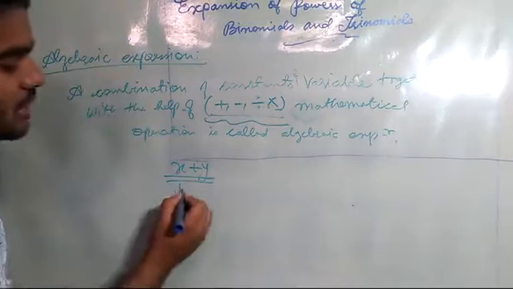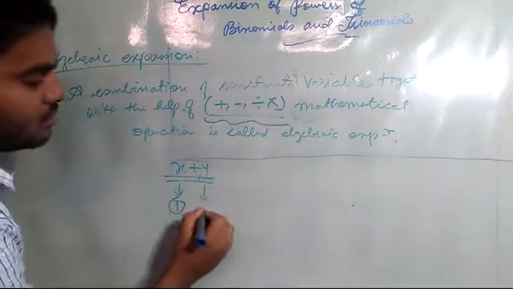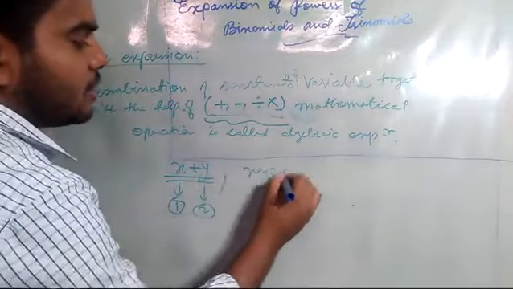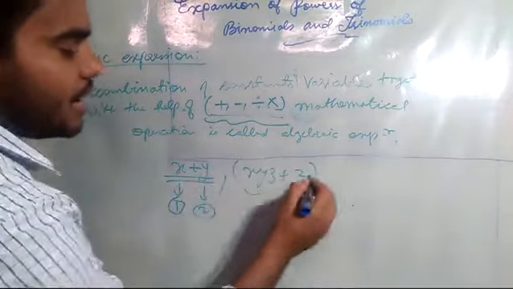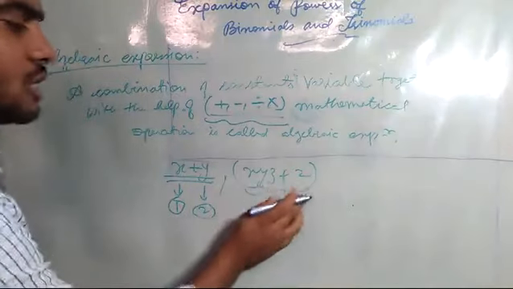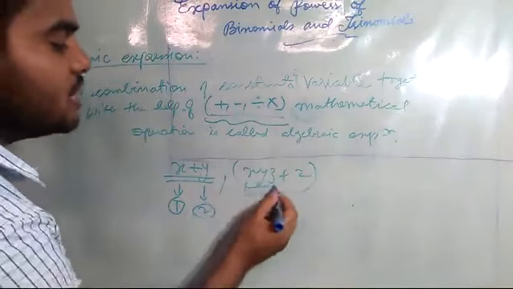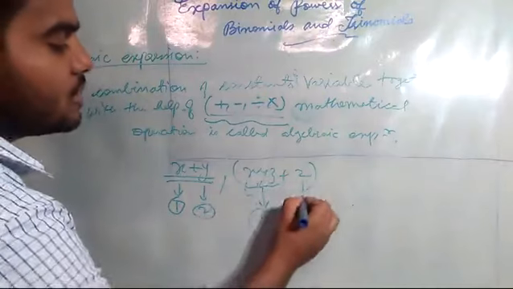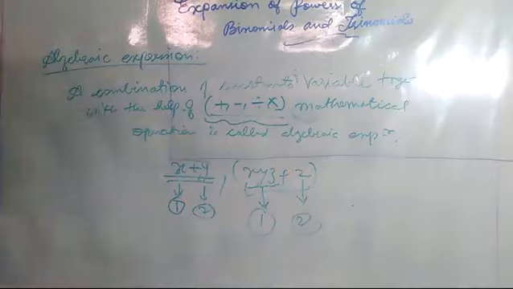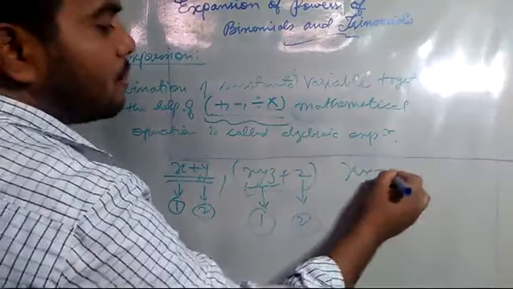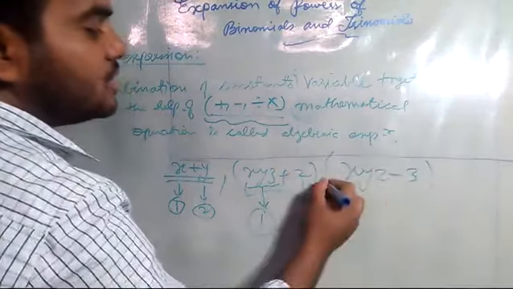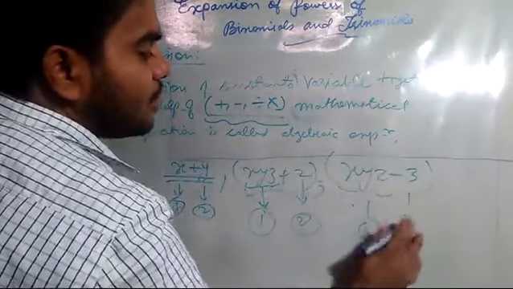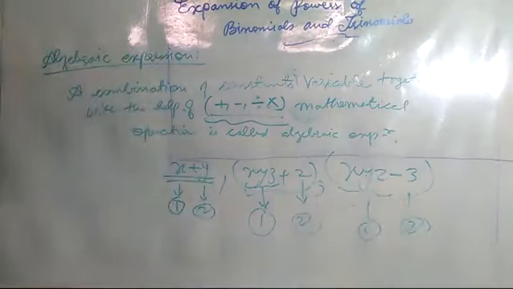Here how many terms are there? Term 1, here term 2. Now another like xyz plus 2, this is again one algebraic expression in which xyz together is called as one term. This is called the second term. Now if I write xyz minus 3, then again same thing. This is one term, this is second term, separated by minus, multiplication is there.